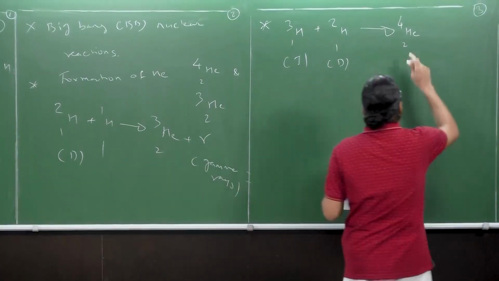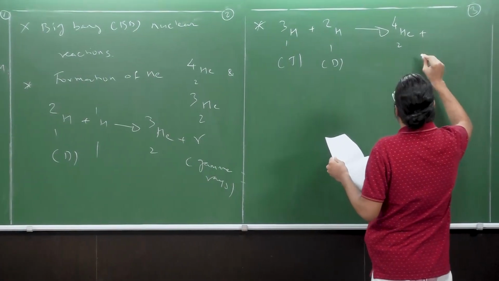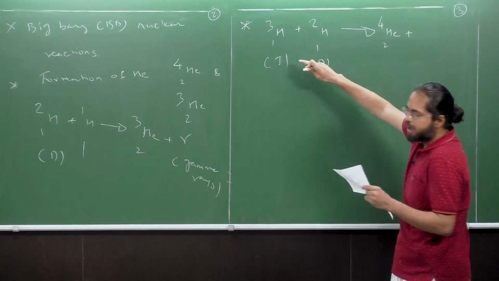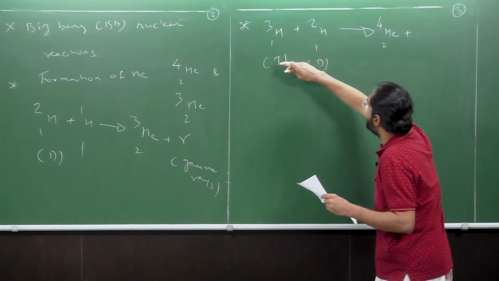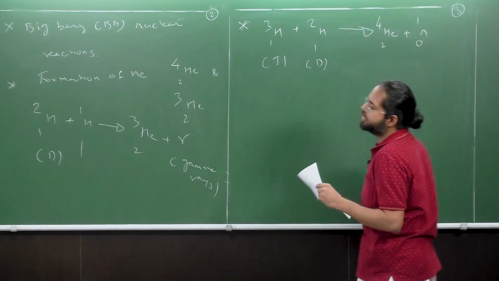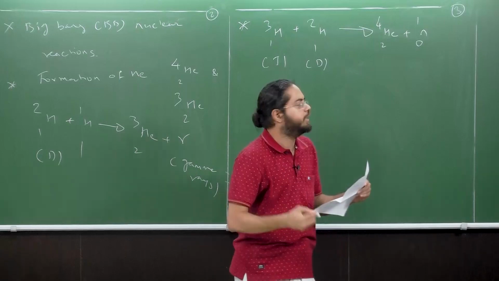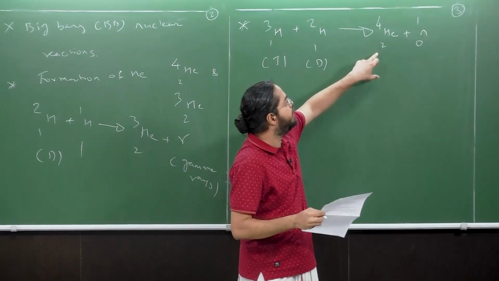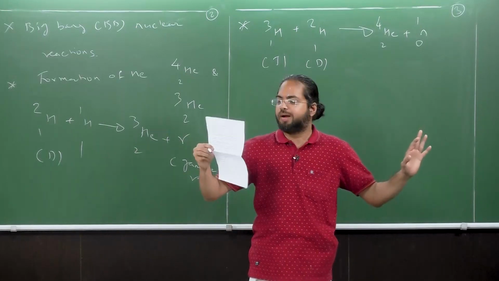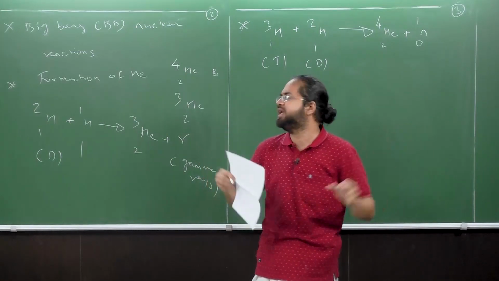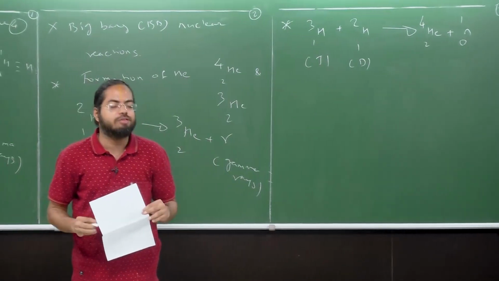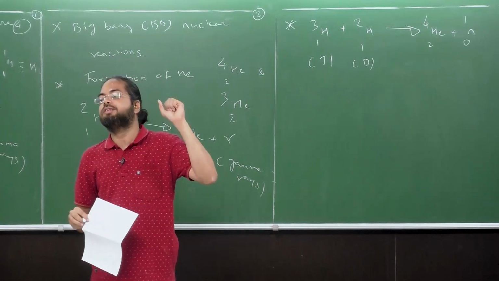Okay, right? That is formed along with, now again see, so here you have charge balance, but mass is not balanced. So the formation of the 4He2 is accompanied by the liberation of also a neutron. All right. So this is fundamentally how hydrogen and helium, which are the first two elements in the periodic table, were synthesized, right,